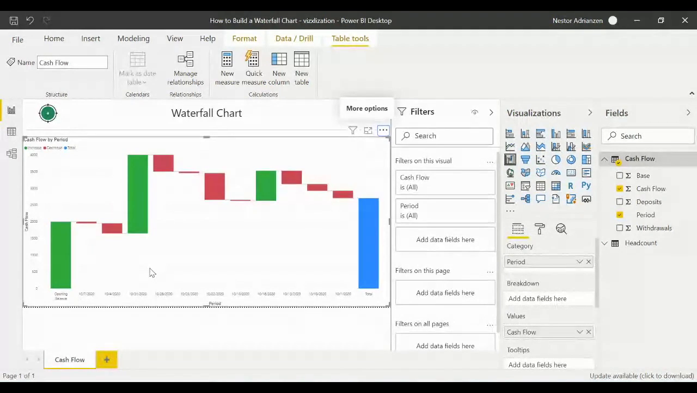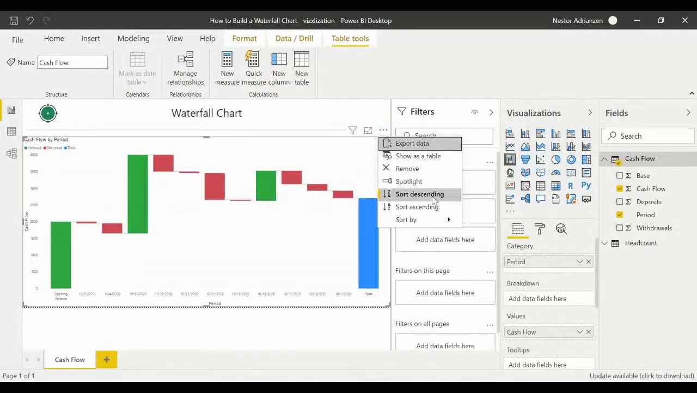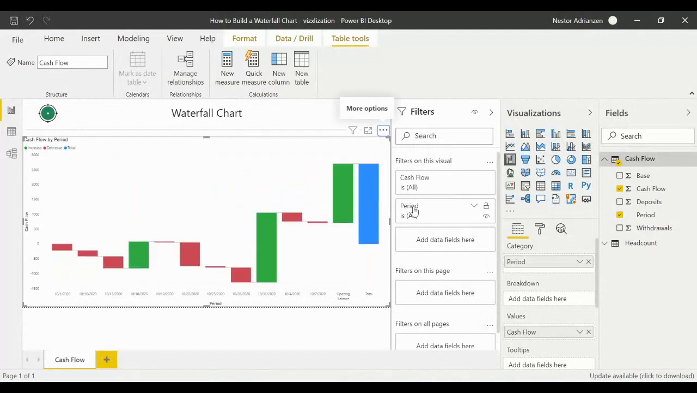This looks better, but still we have the same problem because we have right here October 7th, October 4th. So we need to sort this. So let's take a quick look at these three dots again. How about if we sort ascending, and let's see what happens. Looks better, but still we have the same issue. So how do we fix this? In order to fix this, we need to go to